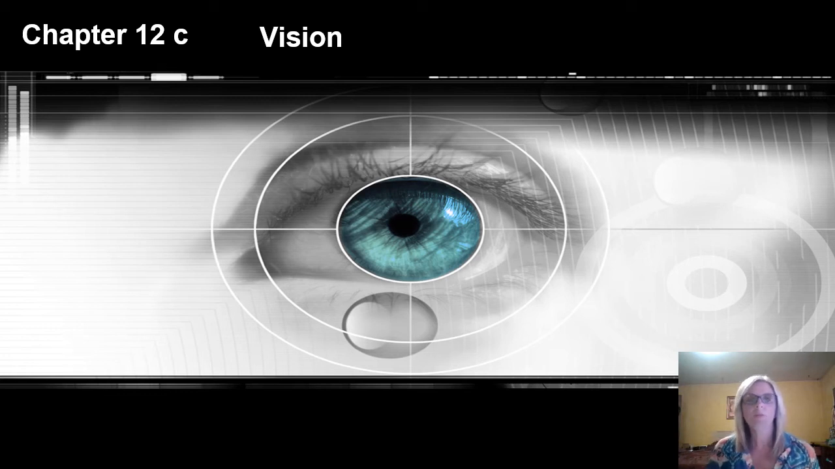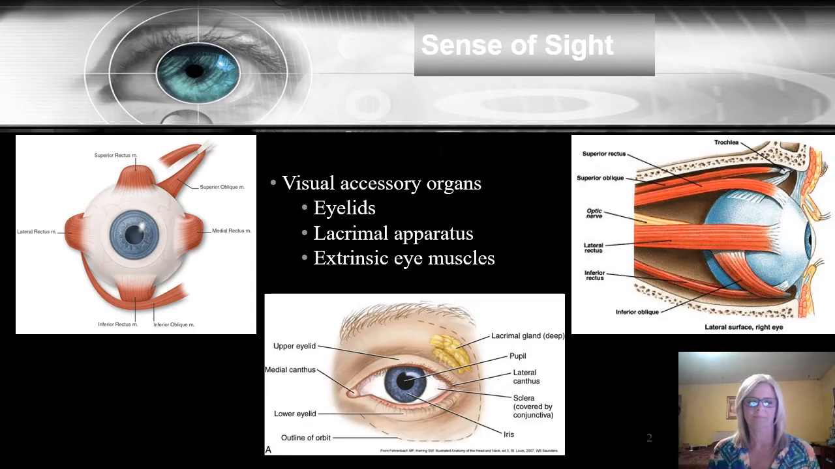Our last PowerPoint for Chapter 12 is going to be about vision. So we have several accessory organs whose job it is to help the eye's visual receptors for our sense of sight. Some of these are going to be the upper eyelids, the lacrimal apparatus, which is responsible for tear production